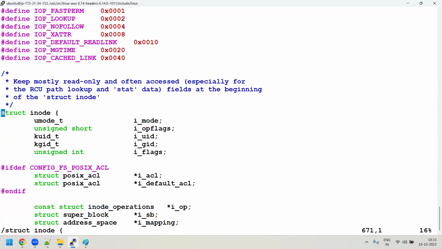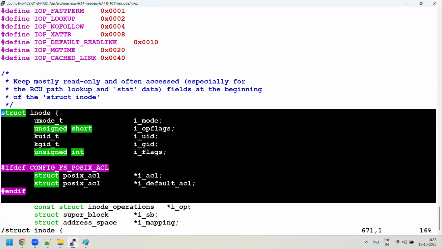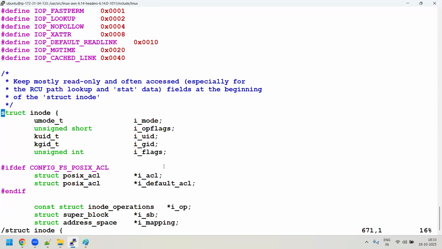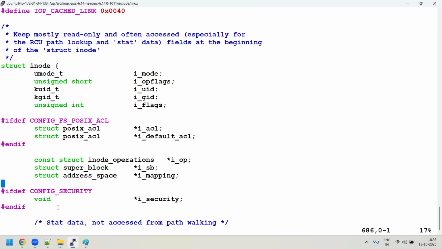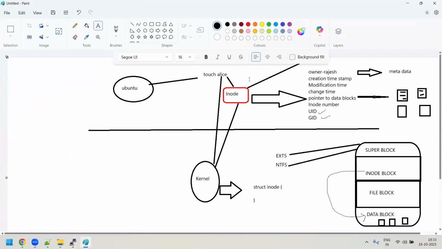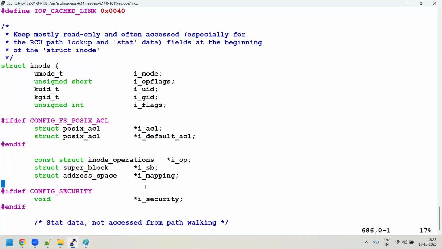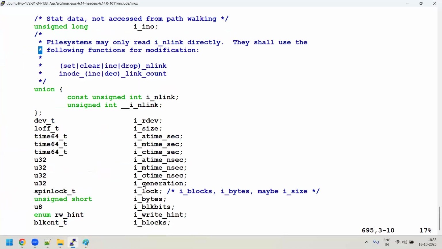These are structures; people who have knowledge of C or C++ will understand. Is the structure allocated for every file? Yes, sir. Internally, your kernel will allocate one for every file, and the inode is there. The kernel manages the inode with the help of this struct inode, which is in the fs.h file. If you do Ctrl+G, you will see it is the fs.h file.